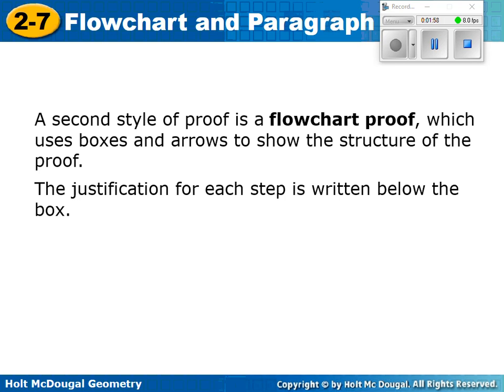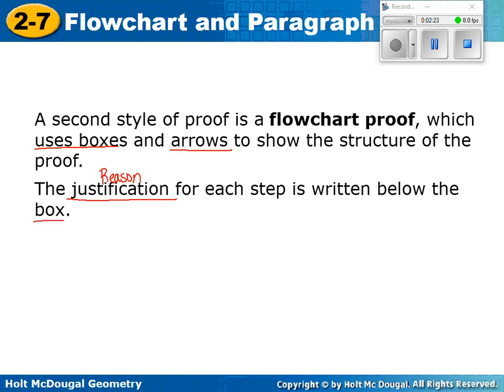Whereas in a two-column proof, you just have all these statements listed, and it doesn't make you say which statement you used up here to get down here. But a flowchart proof will. It's going to make you put arrows, which show which things you've put together. In a flowchart proof, it uses boxes and arrows to show the structure. The justification for each step or reason